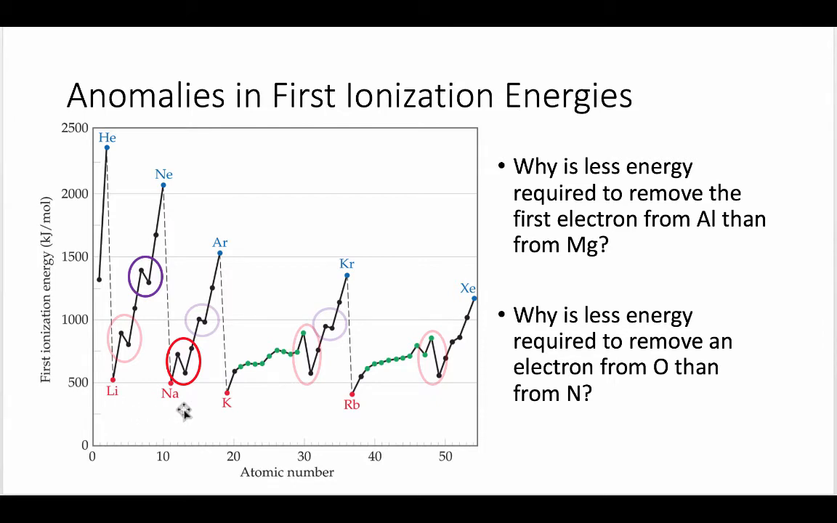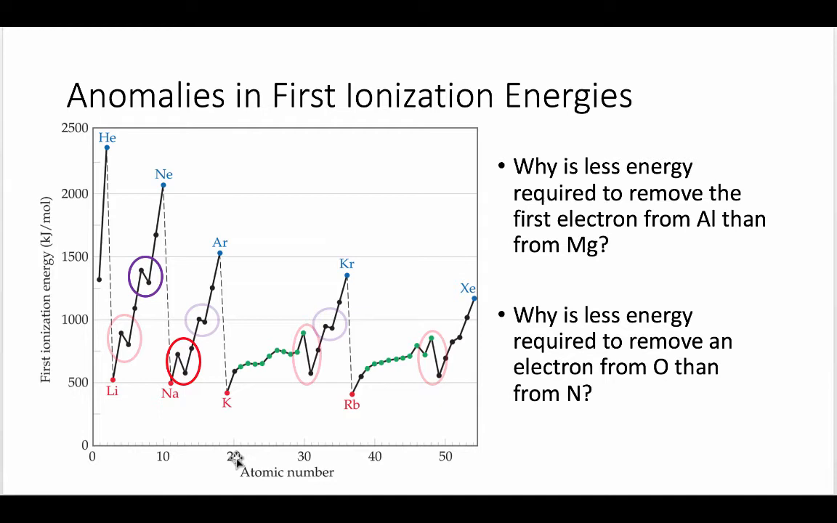Now, the first thing that we're going to look at is aluminum and magnesium. So we'll see aluminum and magnesium here. This dot represents magnesium, this lower dot represents aluminum. So why is it the case that it requires less energy to remove the first electron from aluminum than from magnesium? And the reason here is because